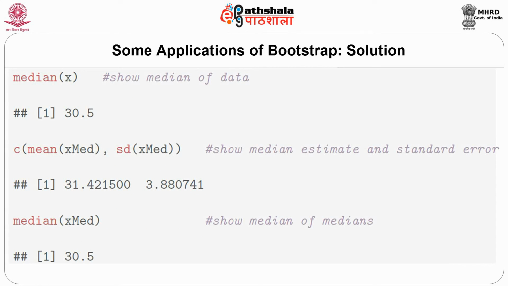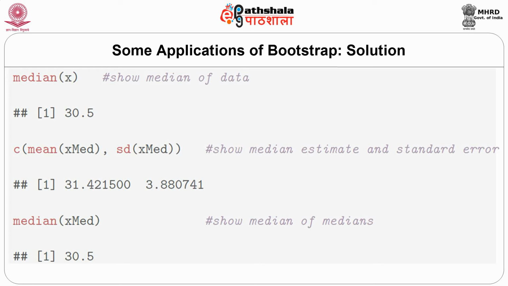Here one needs to be a bit careful in context to a bootstrap, because we are dealing with the bootstrap means. The standard deviation of the bootstrap means is nothing but the standard error. So, the value comes out to be 33.690417 and 2.472755. The median is 30.5, and